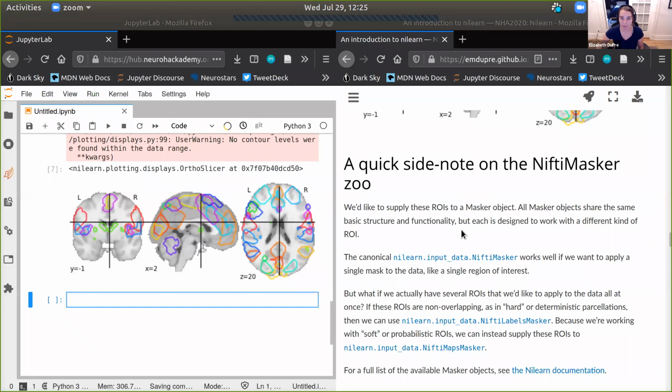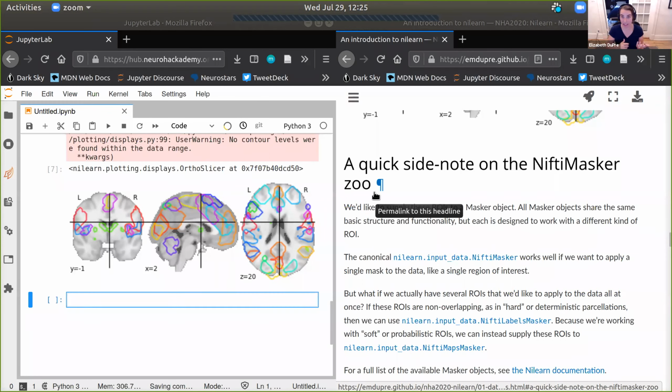Okay, perfect. So let's say, for the sake of argument, that you have this atlas defined, and let's say that you want to use the one that's already in Nilearn, or that you've gotten one that you're working with locally and you've loaded it such that it's accessible to Nilearn. So what are we going to do, right? What's next? I've been telling you what we need is this masker object, and the masker object is going to allow us to take our time series and apply the masks that are present in our atlases, and extract values therein that we can use for machine learning.